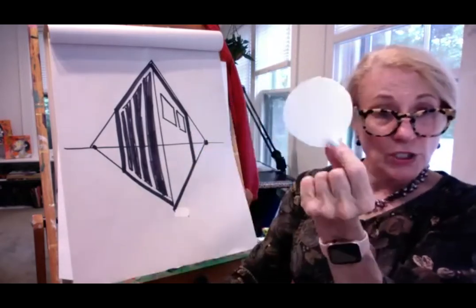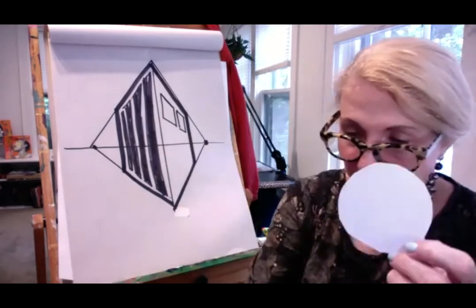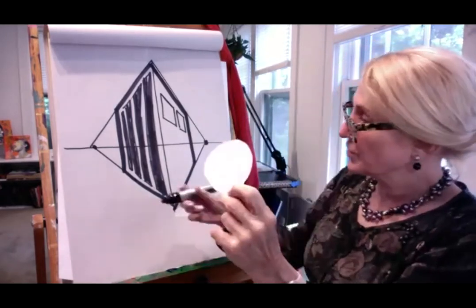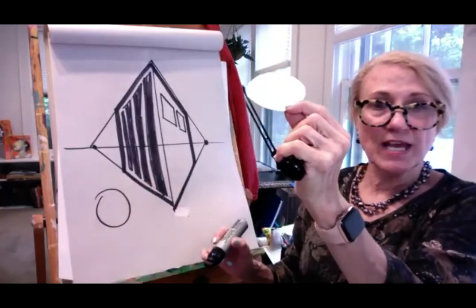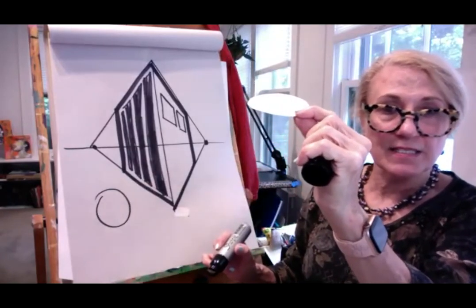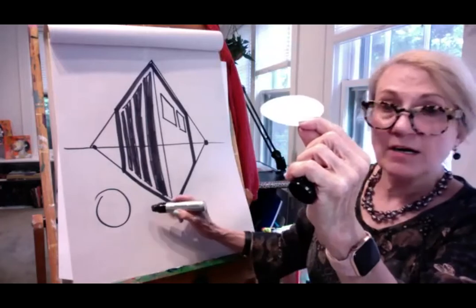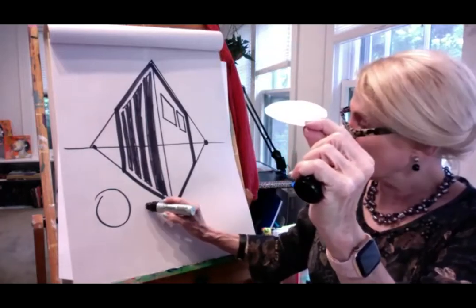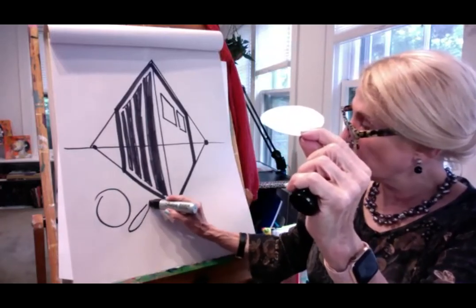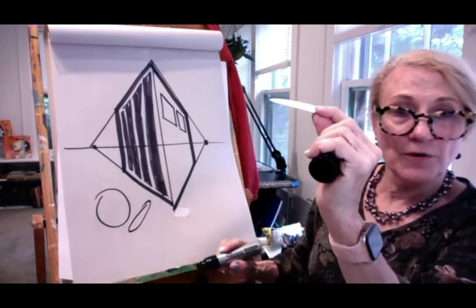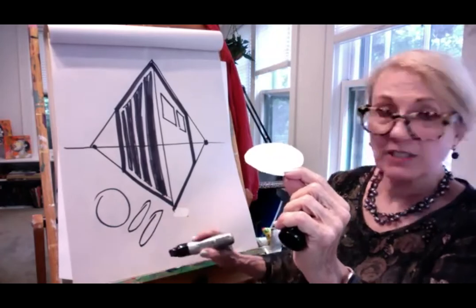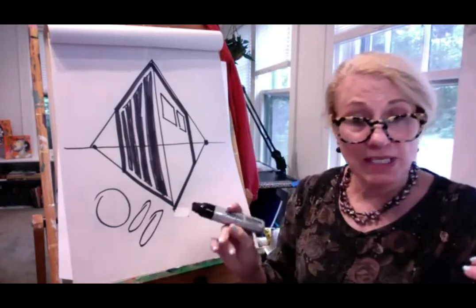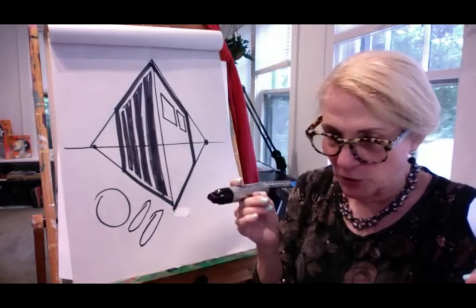But when we look at a circle dead on, it's a circle. When we turn that circle in space, it now changes into more of an oval or an ellipse, an elliptical shape,